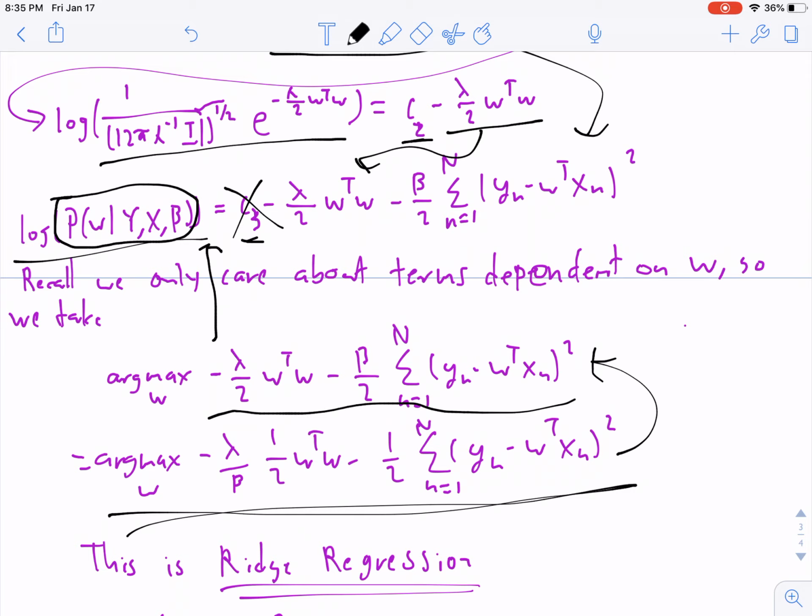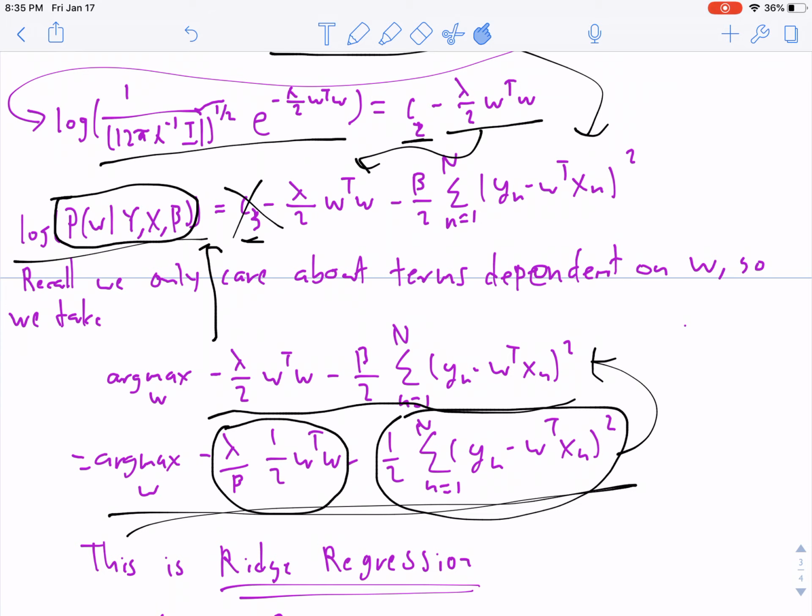So now, where have we seen this before? Well, this is actually exactly ridge regression. The second term here is just the loss from a regression, and this first term right here is the regularization term, right? W transpose W is just W1 squared plus W2 squared all the way up to WD. And so we see that putting a prior on our generative model and imposing a regularization term